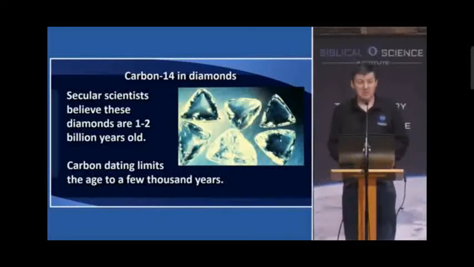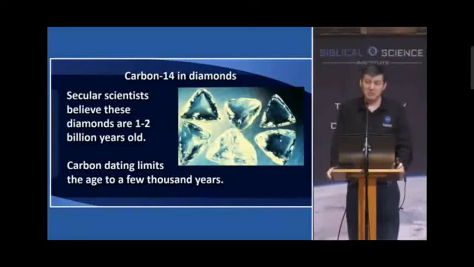In fact, if the entire Earth were nothing but C14, after 1 million years, you'd not have 1 atom of it left. It decays too quickly. And yet we find it in diamonds that are supposed to be billions of years old. They can't be anywhere close to that. This demonstrates that these diamonds are much, much younger. They're thousands of years old. It's consistent with the biblical time scale. Because the Bible's clear that God created in 6 days, and that was a few thousand years ago. The Earth's not billions of years old, as we've been taught, as we've been led to believe.